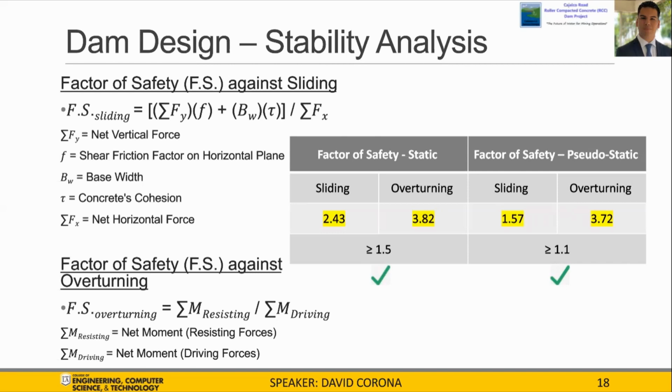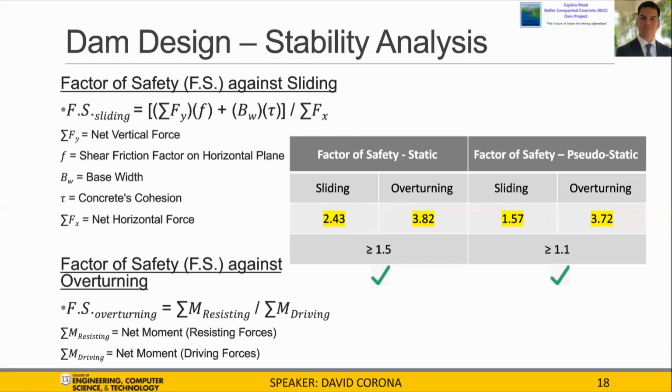Stability of the dam was calculated through an iterative process for the dimensions of the dam's crest and base, as well as the slope of the lifts on both sides. Dimensions as well as the calculated forces were then plugged into both equations for the factors of safety as shown on the left. A stability analysis in which the stabilizing force is provided solely by the weight of the dam